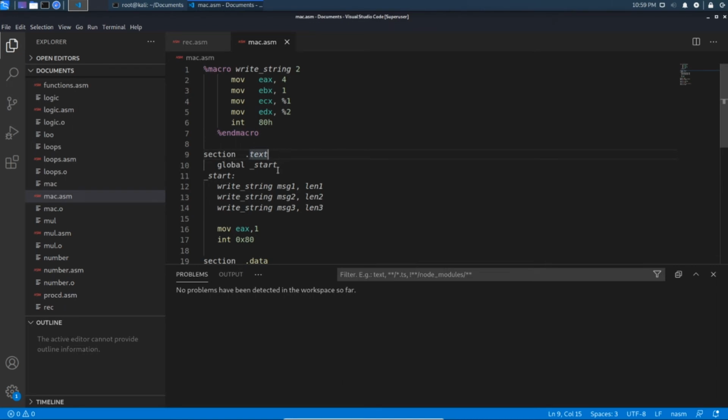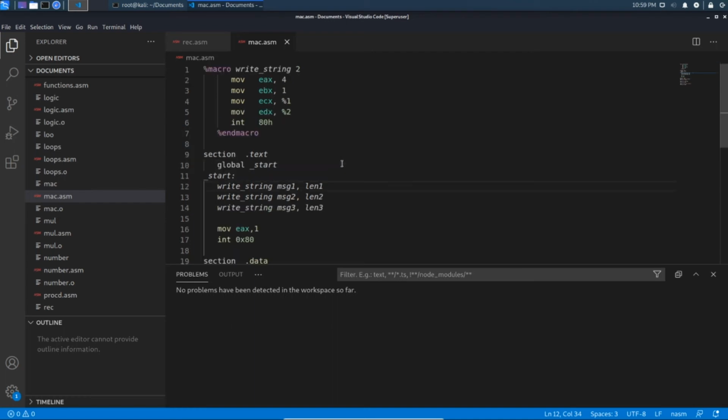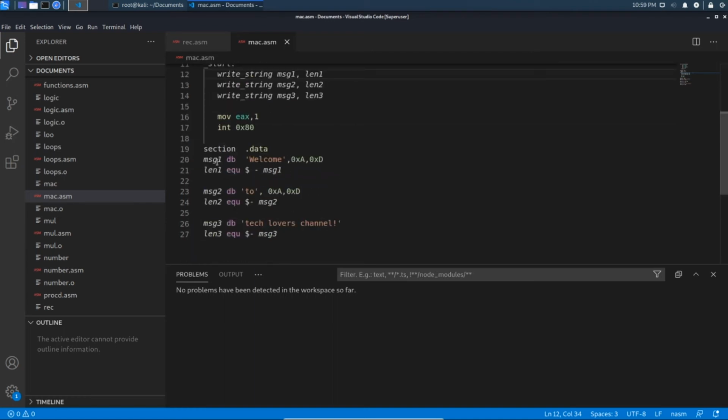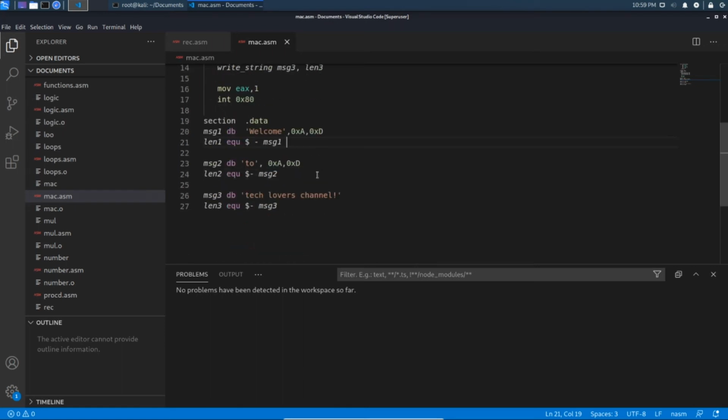So in the text section we use it to write message 1 comma length 1. Here we defined 2 variables, 3 messages, and all members know what this is for. It will automatically return the length for you without calculating the length manually. And here, write string message 1 comma length 1.